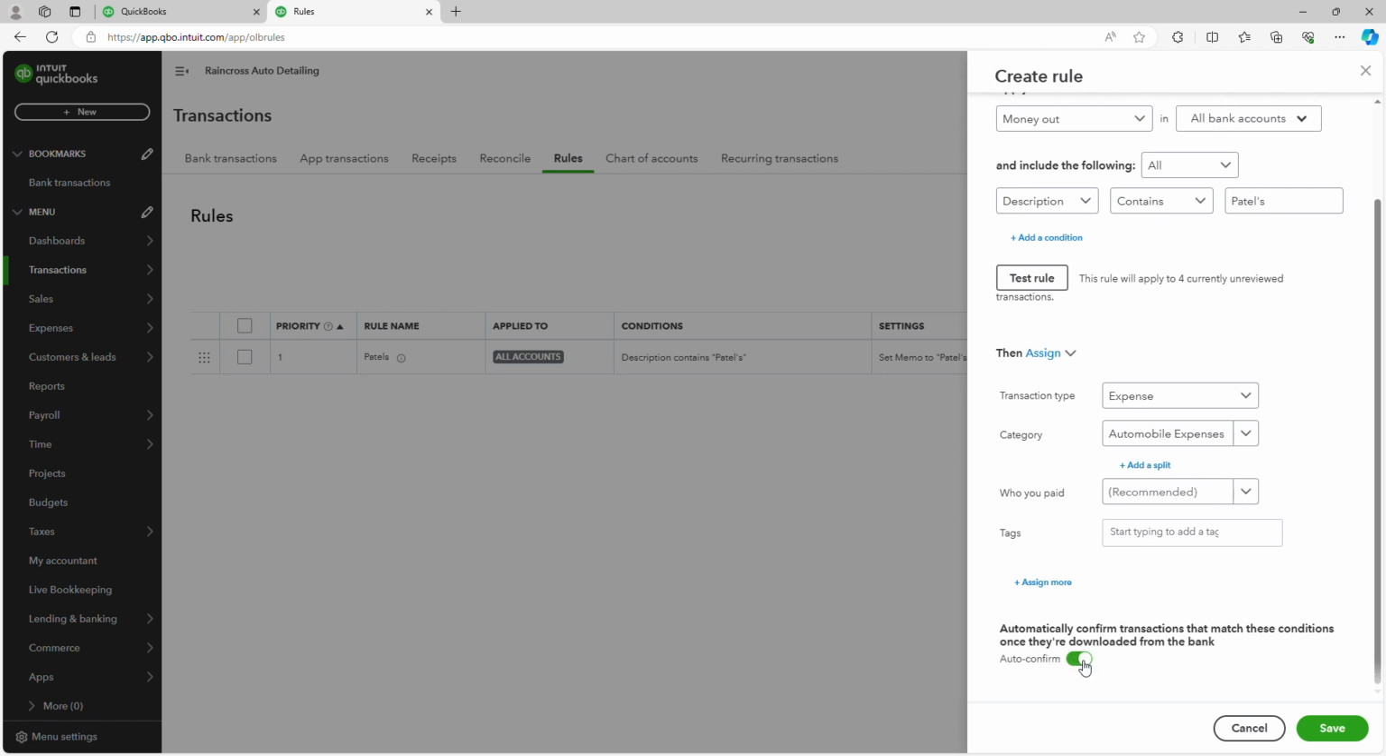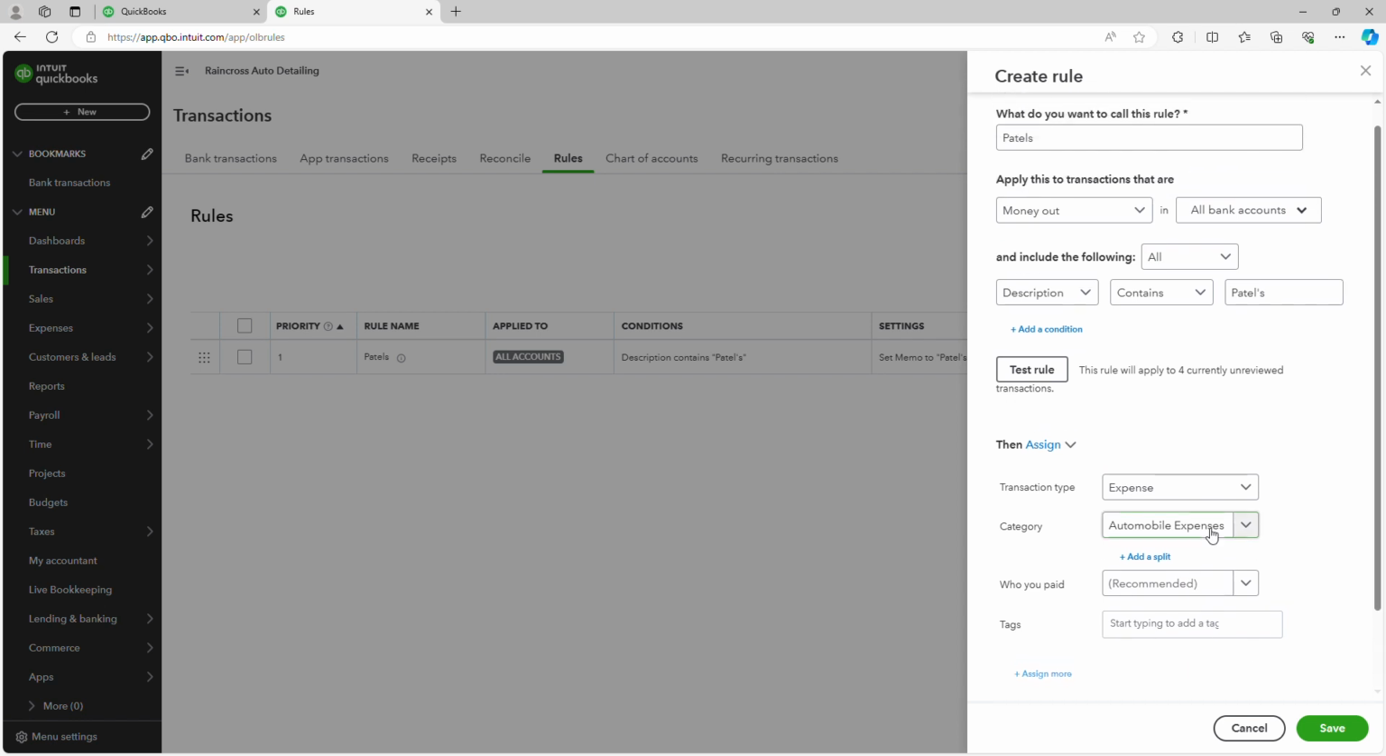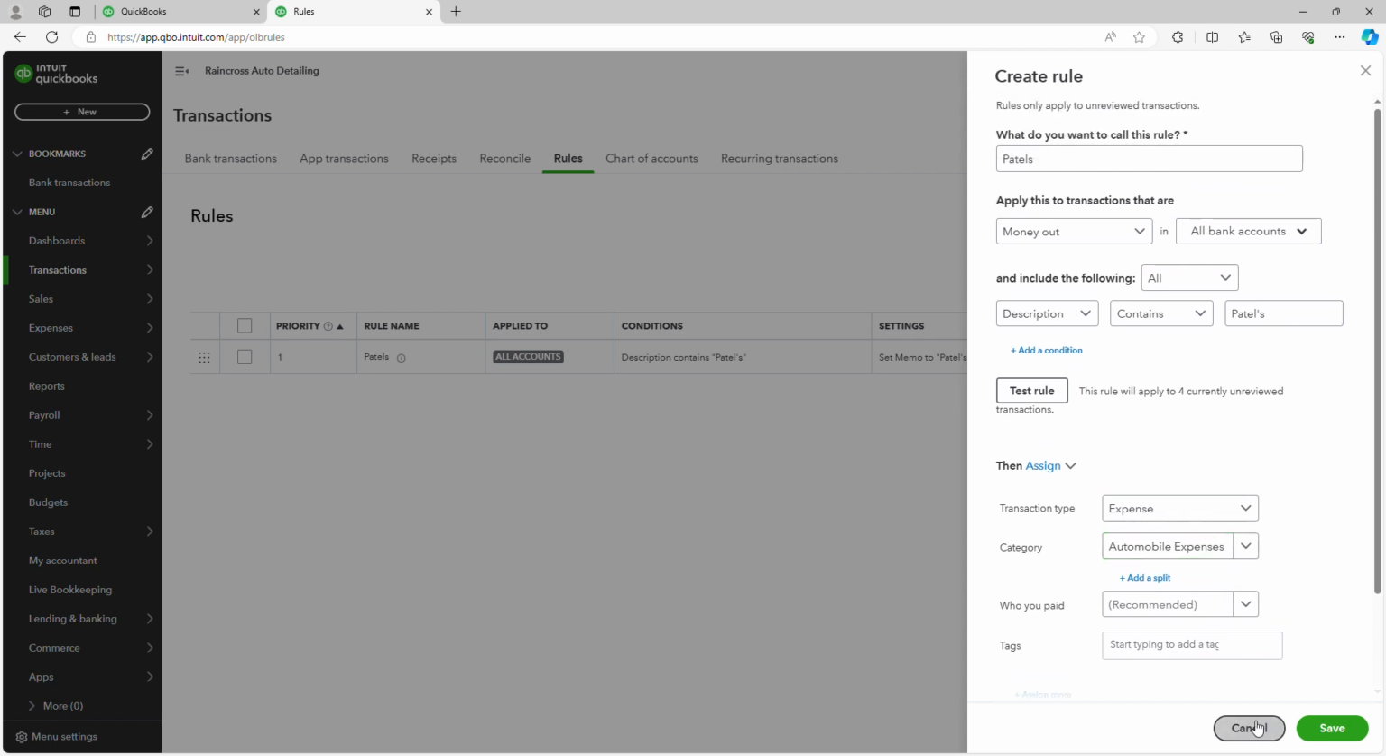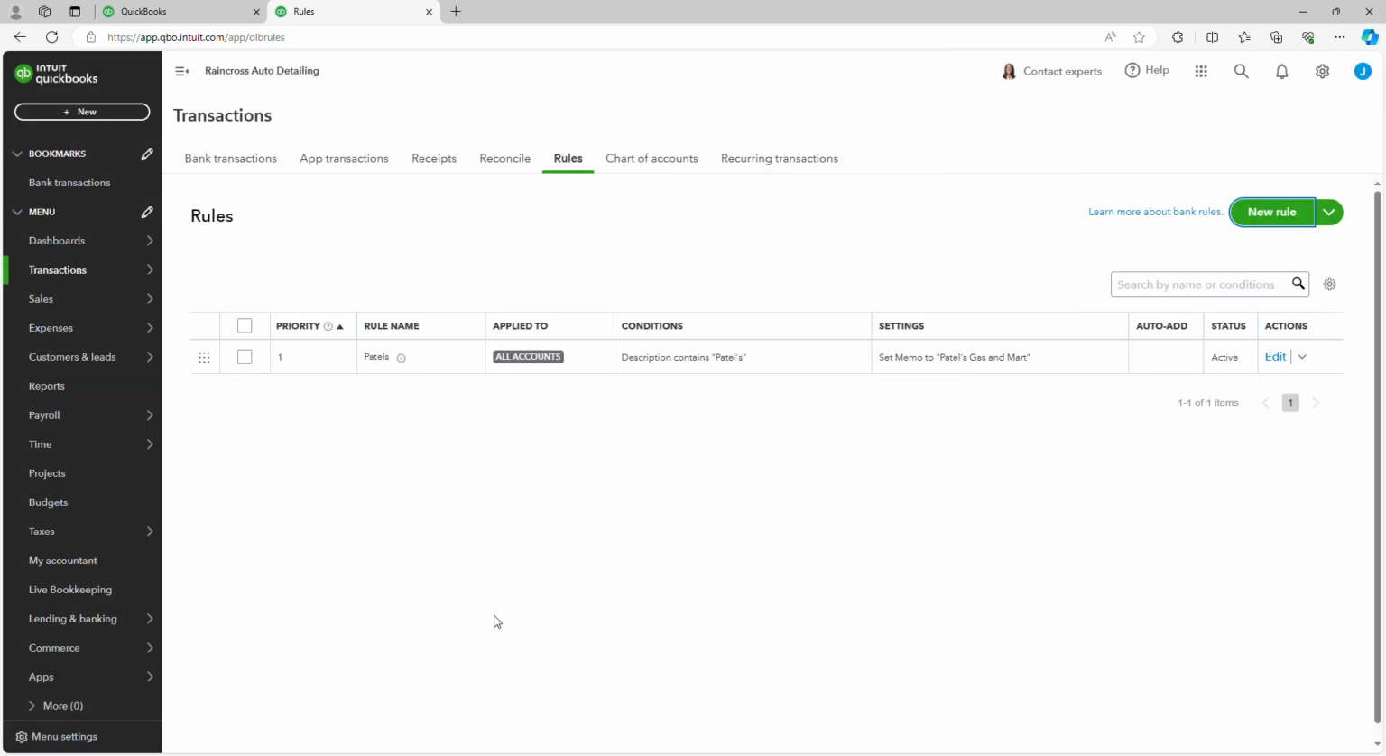Down here, if it says auto confirm, it's like this with the green on it. We want it to be gray. If it is green, the next time we import or upload a CSV file, it will automatically confirm transactions that apply to this rule, and we won't be able to view them. And we would like to view all the transactions in case there's something that we need to look at. So I'll click Save. I'll go back to our transactions,